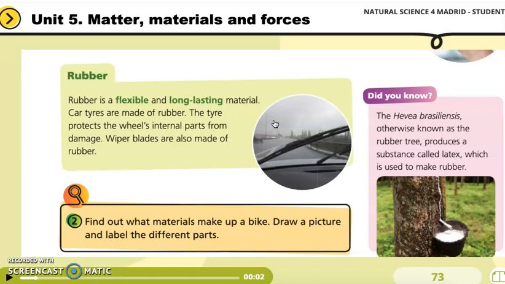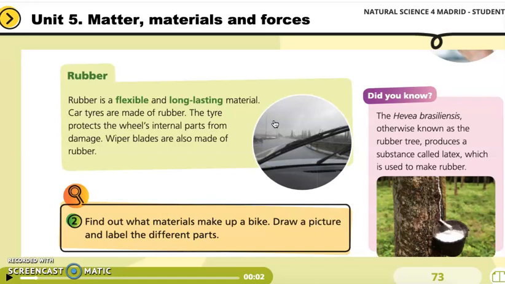What does flexible mean? So if I'm flexible, can I touch my toes? Yes. Okay, so it means it can bend, it can move without breaking. What is something else that is rubber? Can you think of something that is rubber? Good. Okay, so now